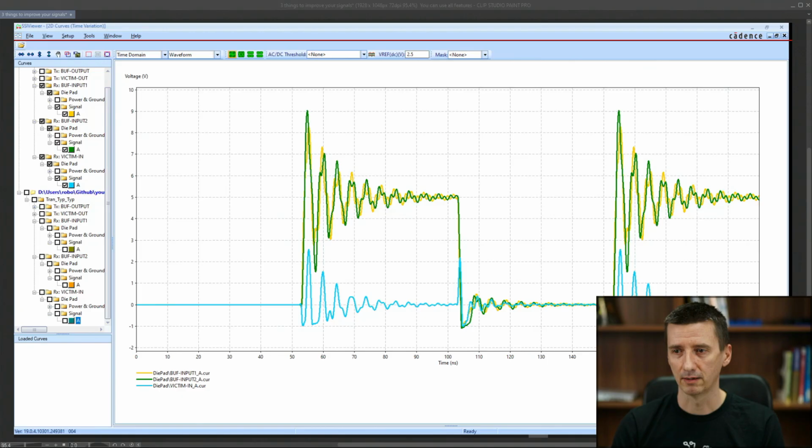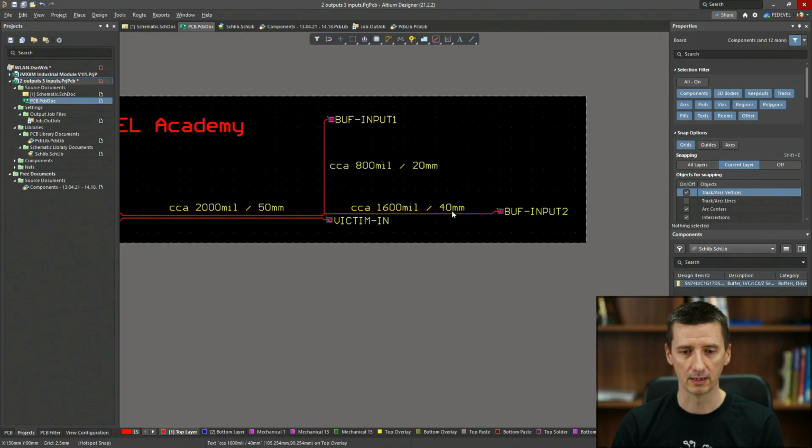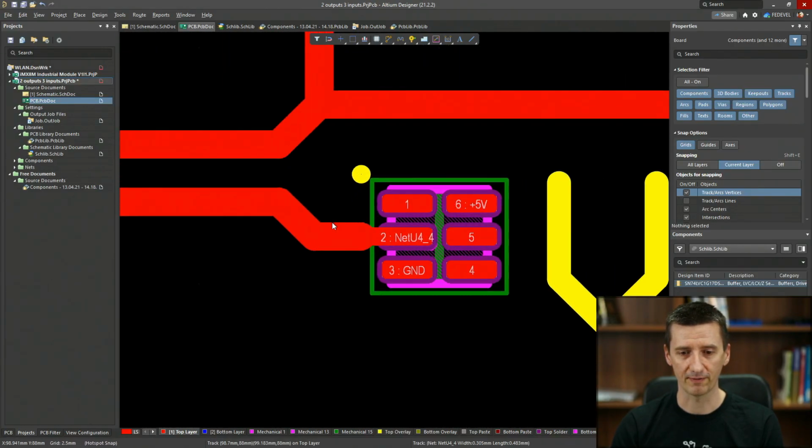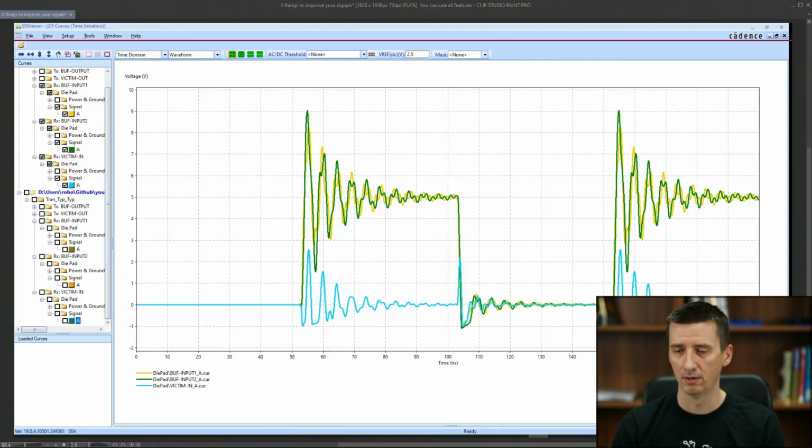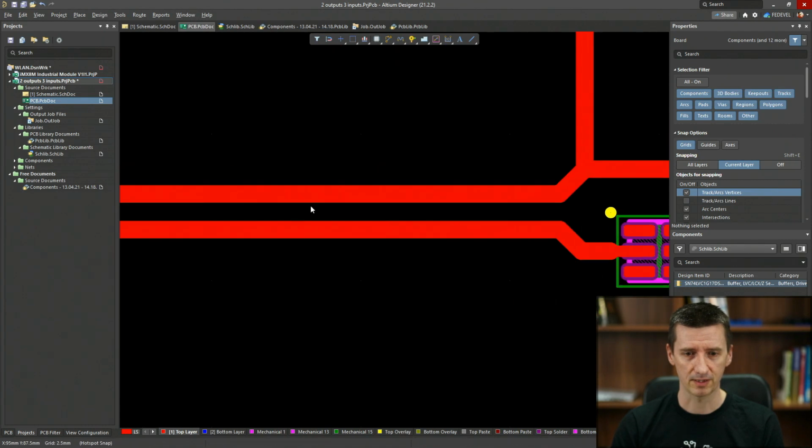And the blue signal, which is here, is the signal which is measured on the input of this buffer here. Okay, and all this noise that is here on this blue signal is generated from the 10 megahertz signal running through this track which is here.